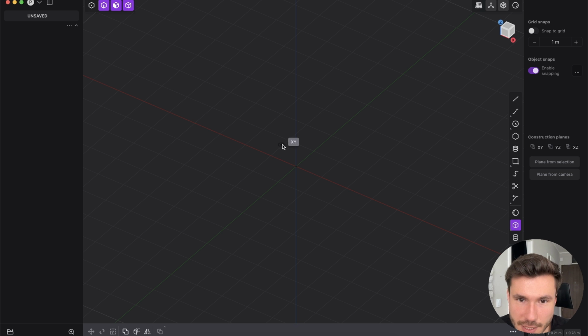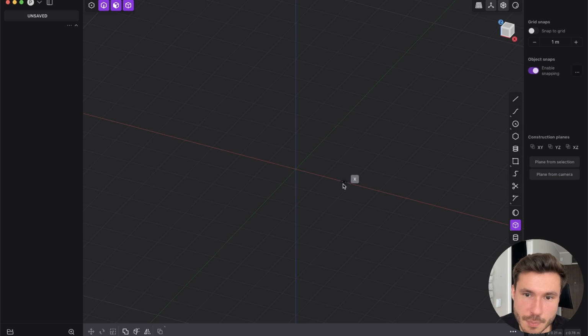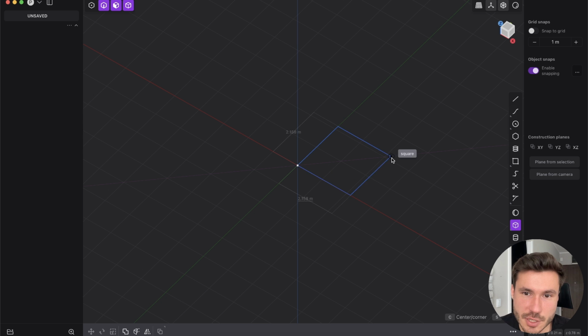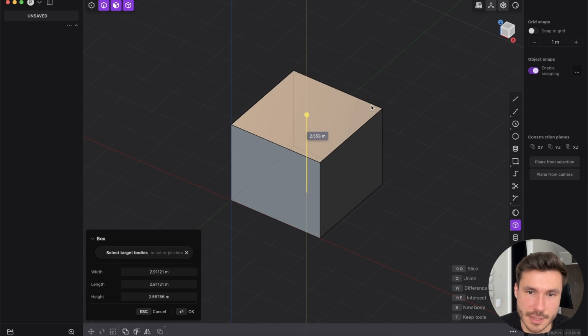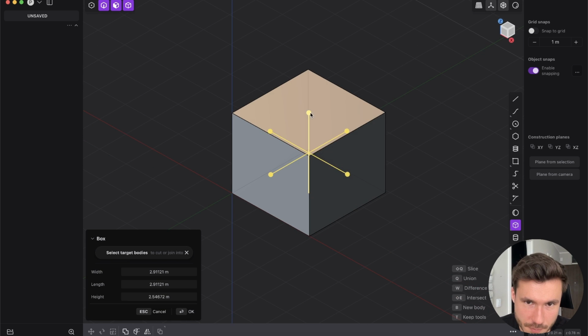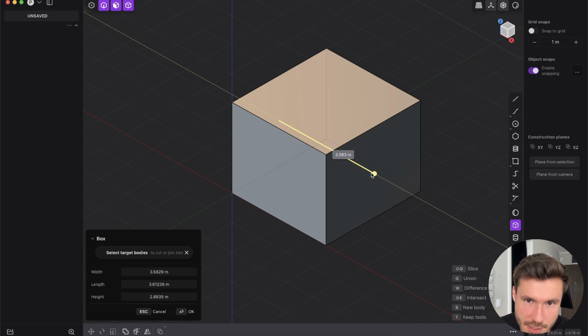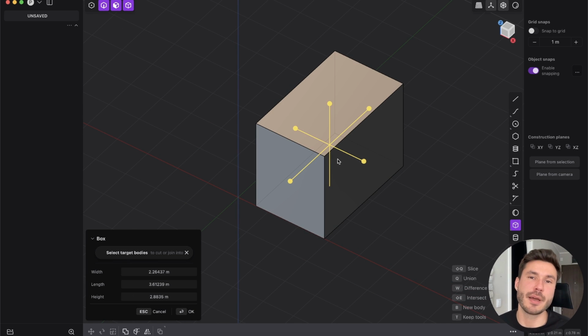If you click that and go to the middle, you see you can always snap to the y-axis, to the x-axis, and to the z-axis by snapping to the middle, and just drag that out. And this will be our face, so click on it and now extrude that on the top, and now you have a cube, and you can adjust it even further if you want. Once you are fine with the shape, you most of the time have to right click to confirm that operation. So right click,